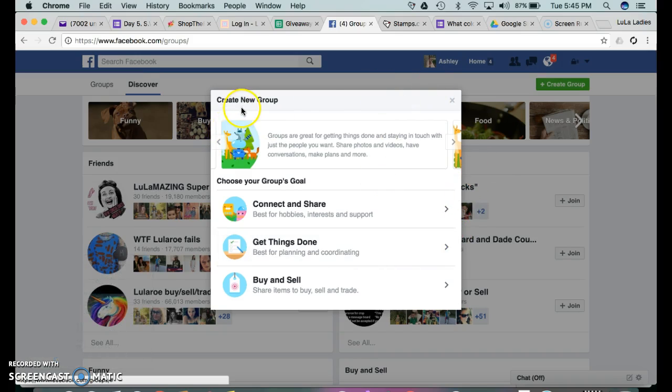So when it comes to what type of group you want to create, you're going to choose connect and share. You're not going to want to pick buy and sell because it won't send out notifications as it would if it was a different type of group. So we're going to do this, click this connect and share,